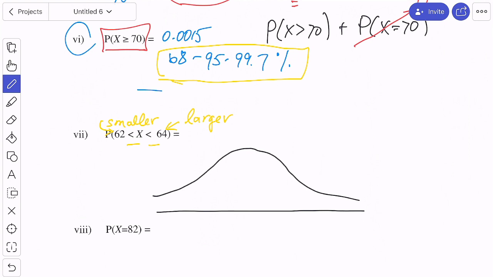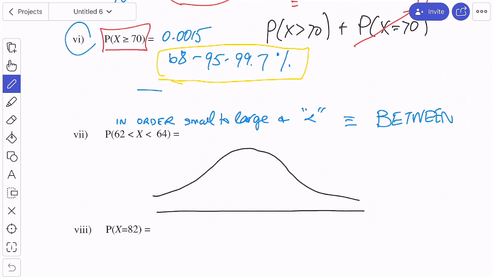Maybe I'll put it in a different color. So when they are in order and you see this symbol, the way you read this is the same as saying between. So you want the area between